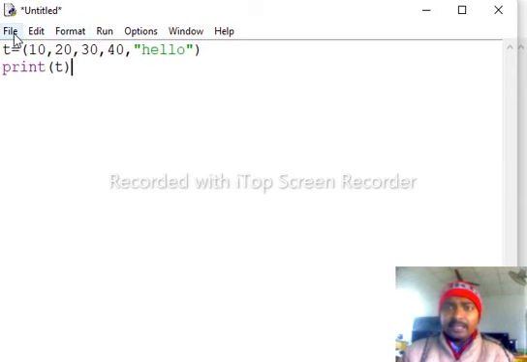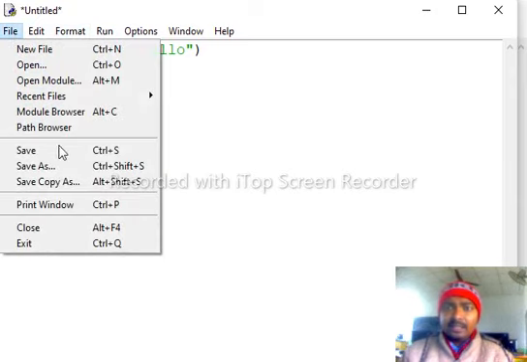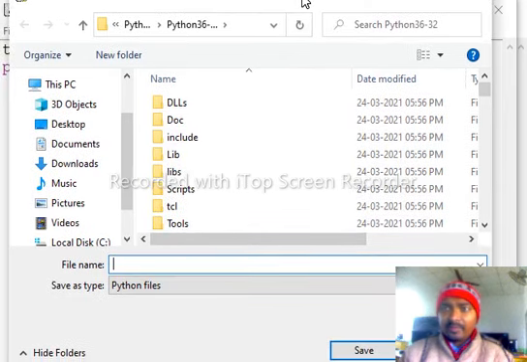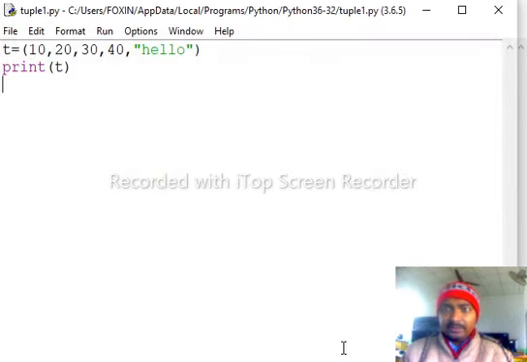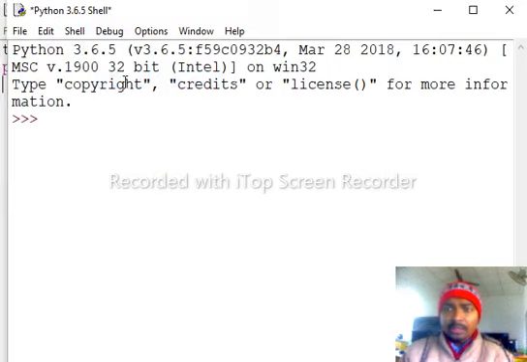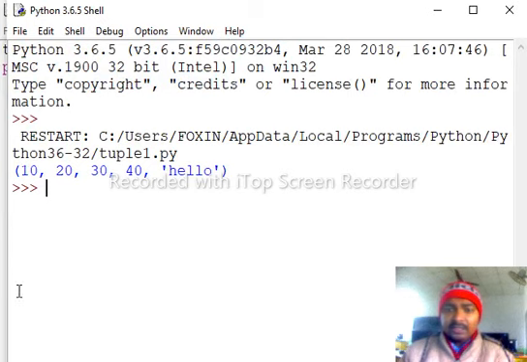Then finally select File and Save, put any name. Suppose I put the file name tuple1.py, then click Save and click Run Module to get the output. We can see here the output of this program.